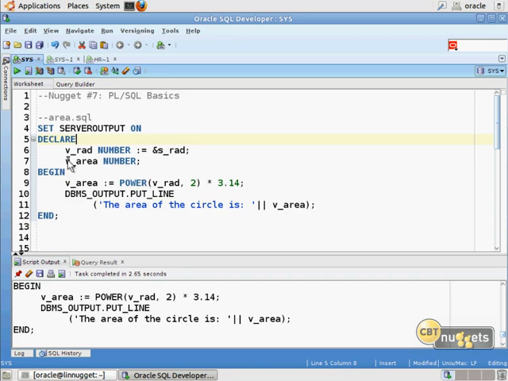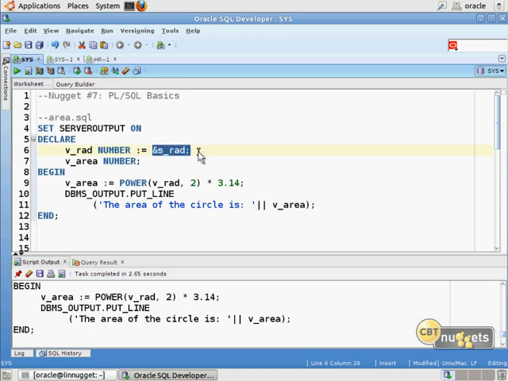Now, it looks like this anonymous block is going to calculate the area of a circle. You might know that the mathematical formula for computing the area of a circle is pi r squared. So here we have pi times, now we're invoking the system function POWER, and then v_rad, of course, is going to represent the radius of the circle. And because we're declaring that as a variable, we can expect that we'll be prompted for this parameter as soon as we start. In fact, that bears explicit notation, v_rad NUMBER, and then we're assigning that to what will be